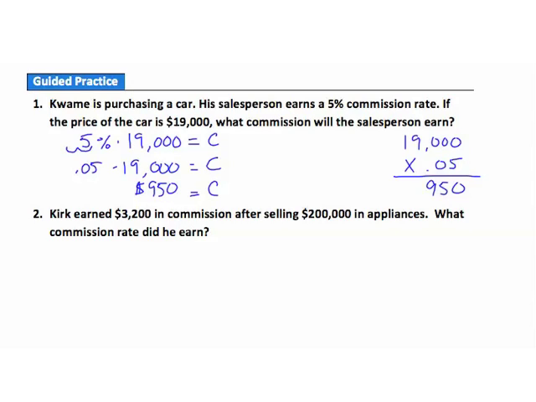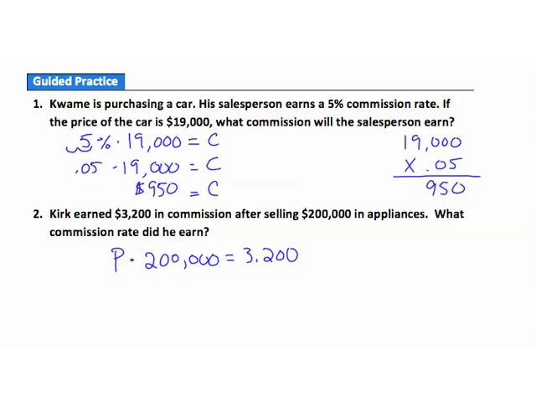Question 2. Kirk earned $3,200 in commission after selling $200,000 in appliances. What commission rate did he earn? So again, our equation says commission rate times sales equals the commission earned. In this case, we don't know what that commission rate is. So since that's going to be a percent, I'm going to use P for the commission rate. We're going to multiply that times the sales, which in this case is $200,000. And that's going to give us the amount of commission that was earned, which was